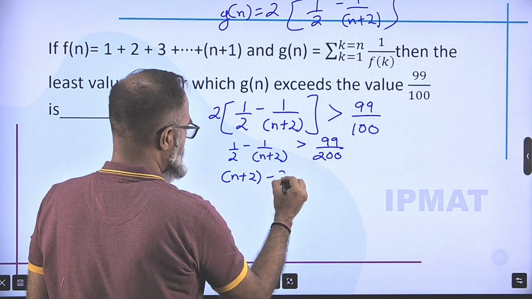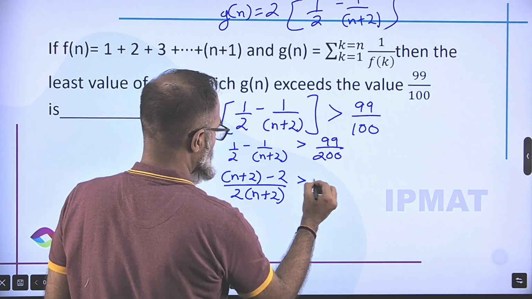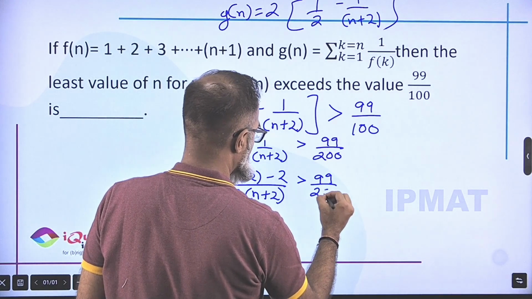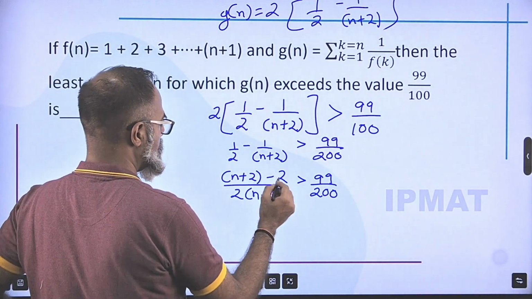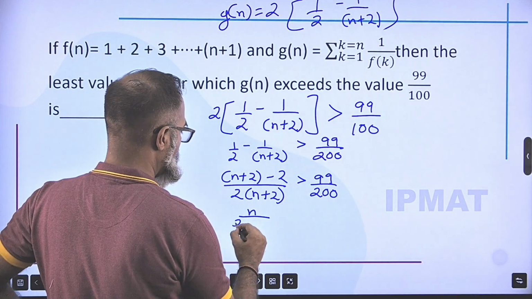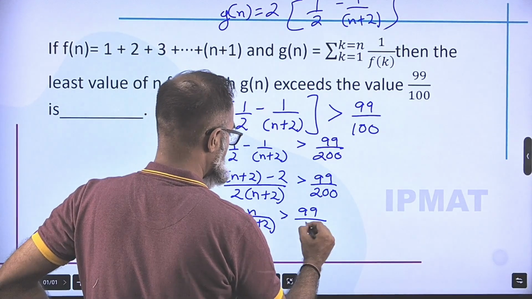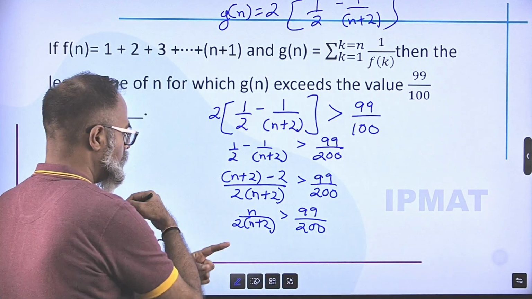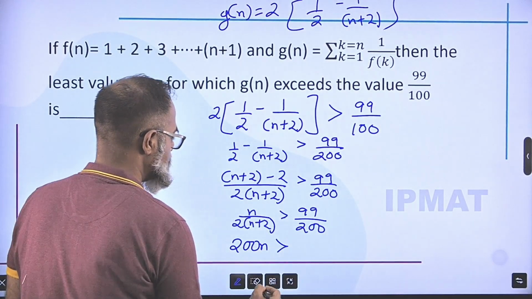Left hand side, taking the denominator, right? So now n plus 2 minus 2, so this is n upon 2 times n plus 2 is greater than 99 upon 200. So cross multiplying it, 200n is greater than